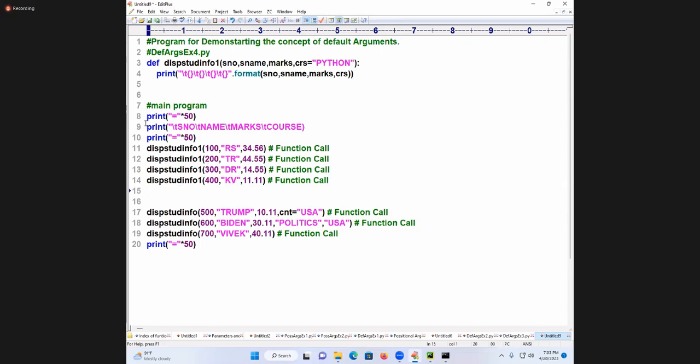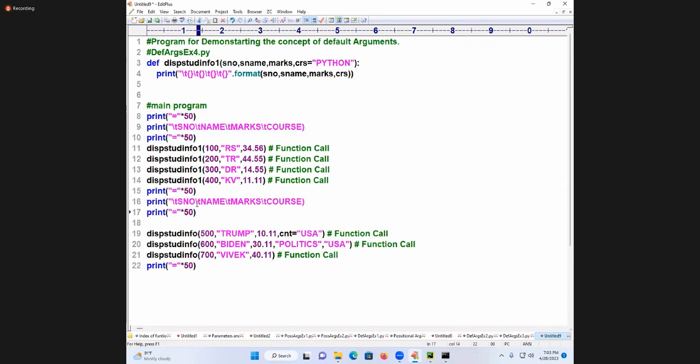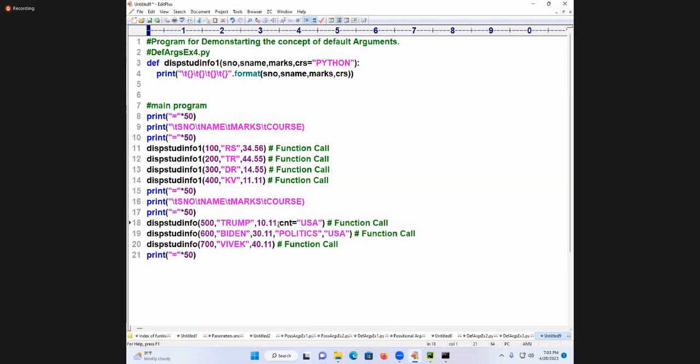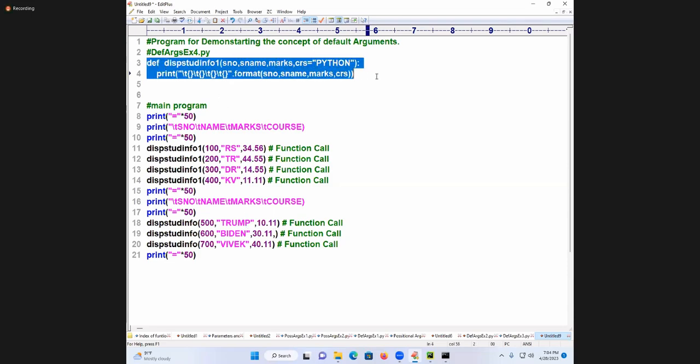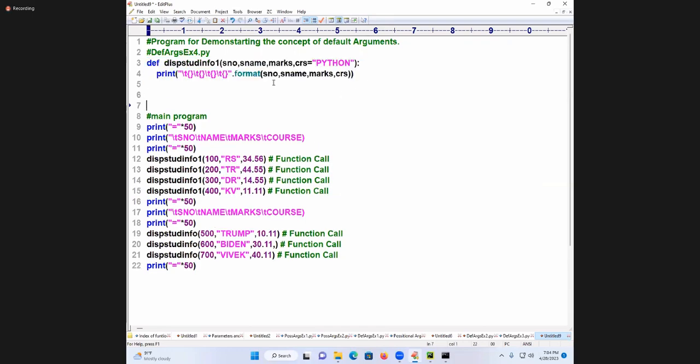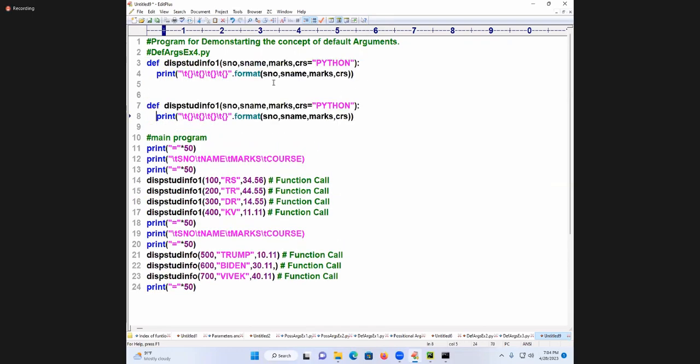Got it. Next, I am writing students. Careful. Now I am writing the same student number, student name. And these people are learning which course? The Java course they are learning, for example. Country, don't worry about it. You leave this. What should I do? I will take the same thing here. What should I write now? Display student info 2.